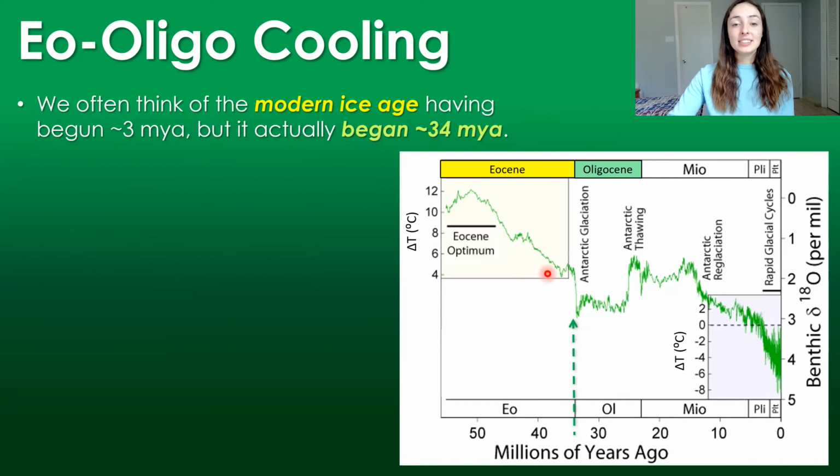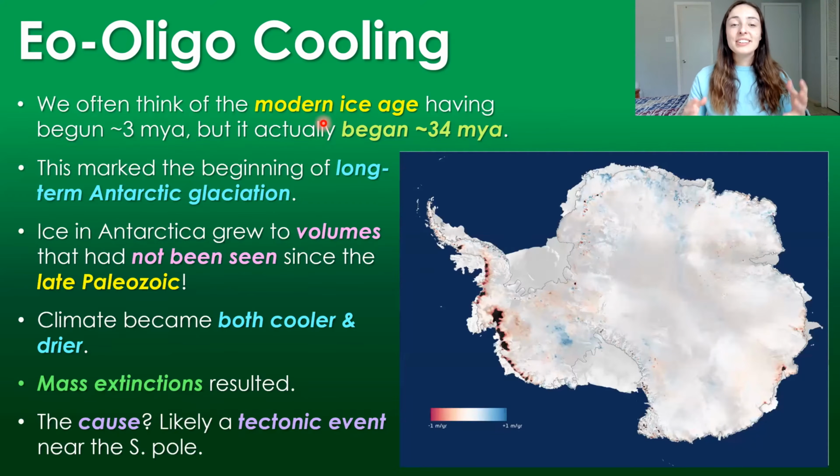But again, it wasn't this Eocene cooling that was the really important cooling event or major cooling event during this time. It was actually not until the Eocene-Oligocene boundary where temperatures dropped dramatically, very quickly, that marked Antarctic glaciation, or at least permanent Antarctic glaciation until modern day, that basically marked the beginning of the modern ice age. Many people think that what we call the modern ice age began only about 3 million years ago, but this actually began around 34 million years ago, or at least the beginning of the beginning. It marked the first long-term Antarctic glaciation.